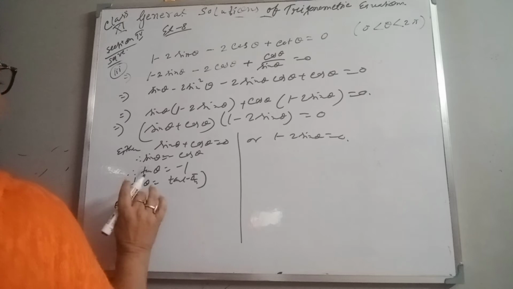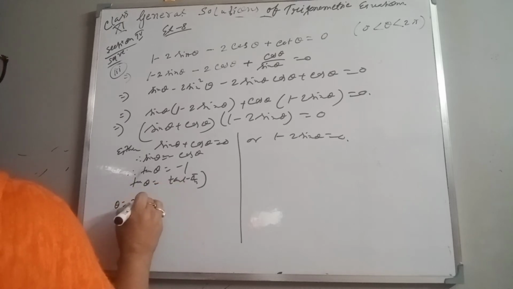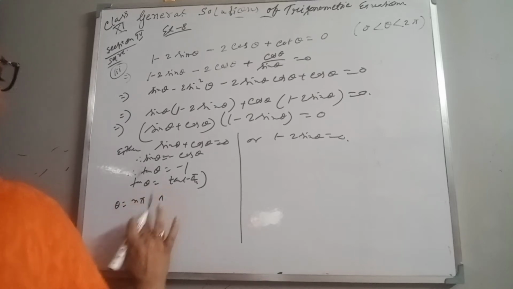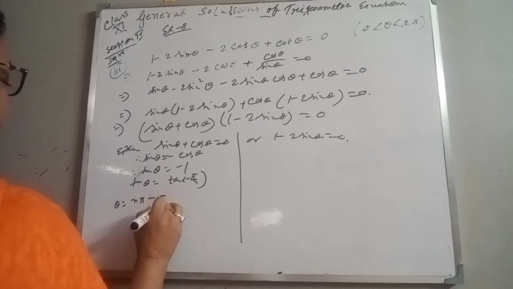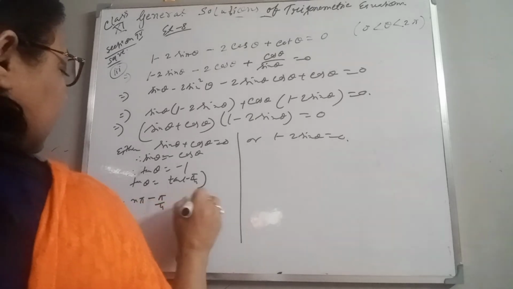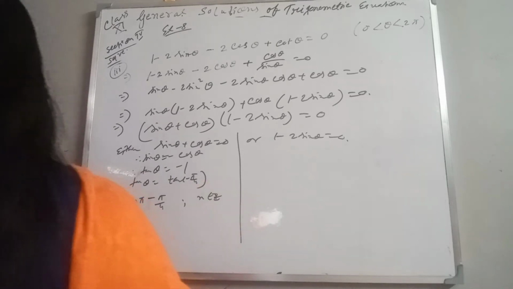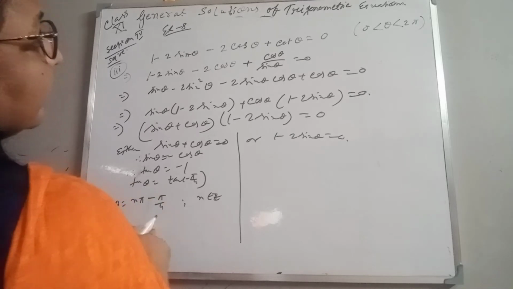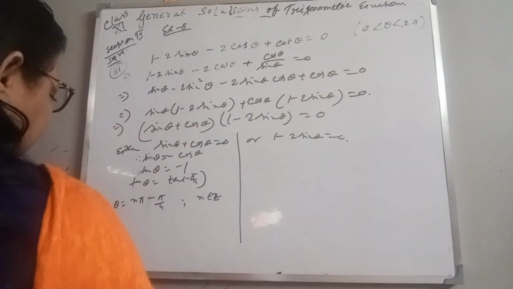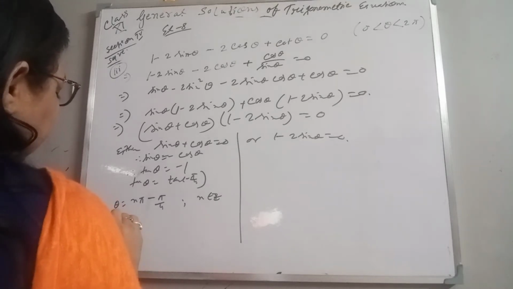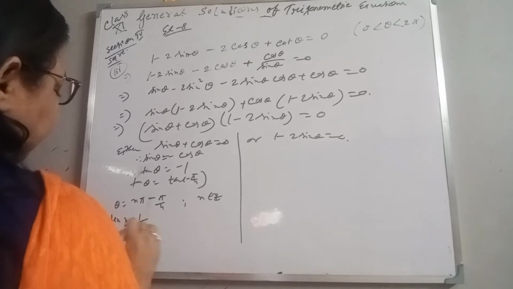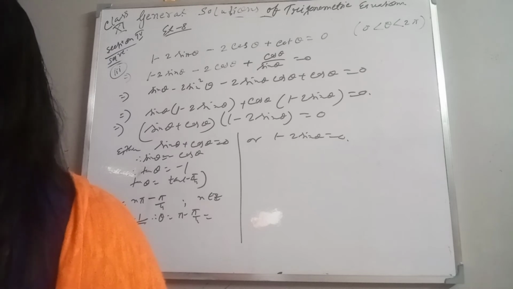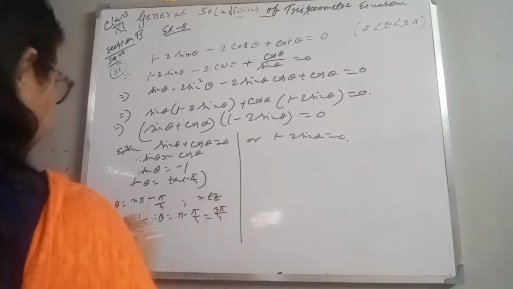Okay, now tan theta equals to tan alpha means theta equals to n pi plus alpha. So alpha means minus pi by 4, where n belongs to Z, integer. Now n equal to 0 we cannot take, as we will get a negative angle, but theta is more than 0. Therefore, we will start with n equal to 1. Therefore, theta is equal to pi minus pi by 4, so 4 pi minus pi gives us 3 pi by 4. Yes, this value we can take.